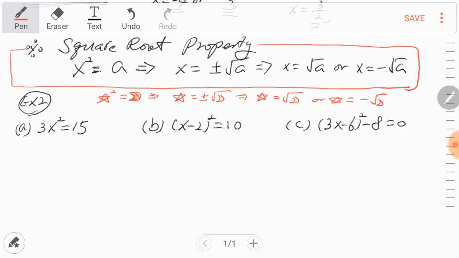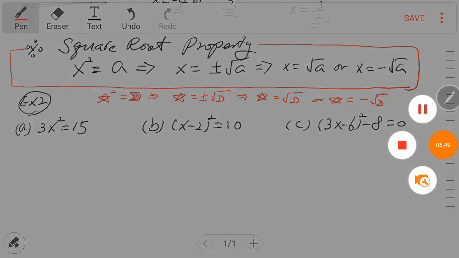Get rid of the square exponent so that we have the base. The base is x, or any expression is fine. So the base is equal to positive or negative square root of the right hand side of the equation. So using this property,